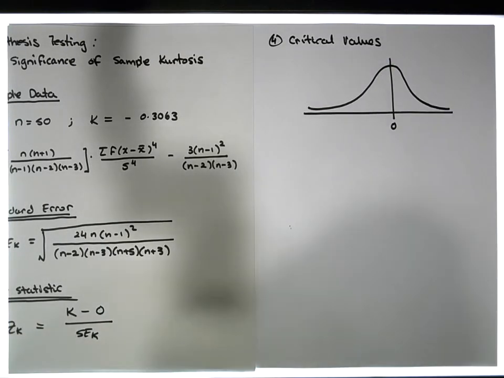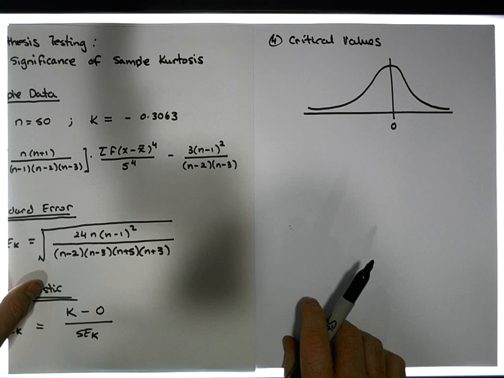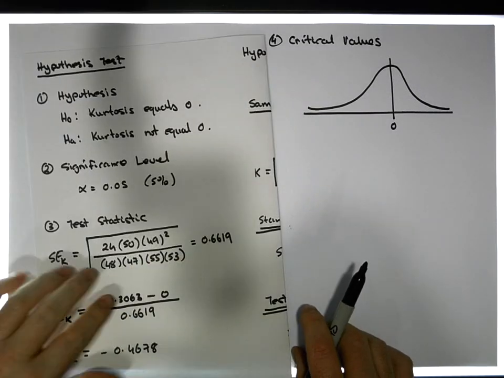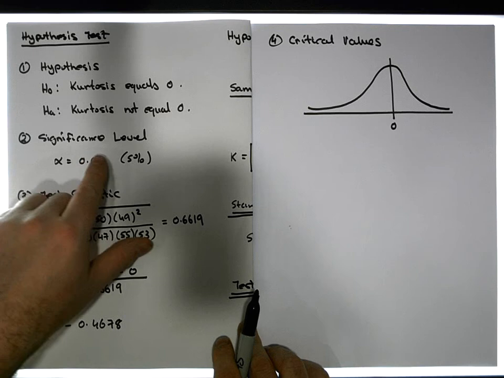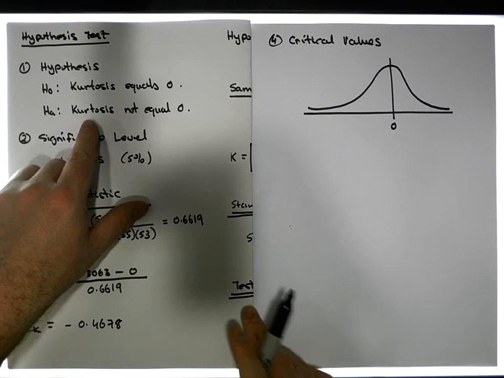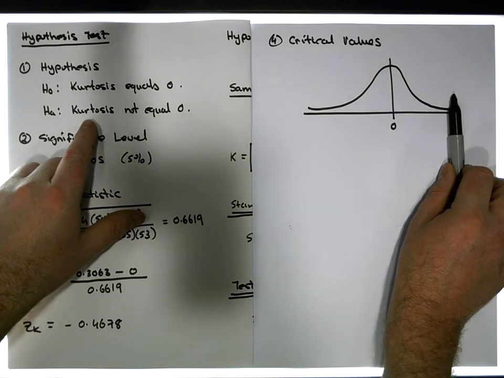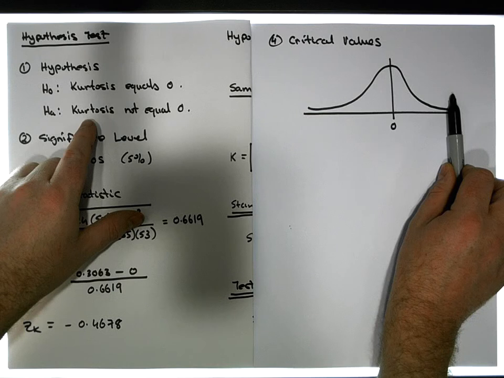The center of this distribution represents a distribution that has no significant excess of kurtosis. In other words, it has the kurtosis of a normal distribution. So our test is a two-tailed test. I don't care whether the kurtosis is positive, as in evidence to suggest that it's leptokurtic, or